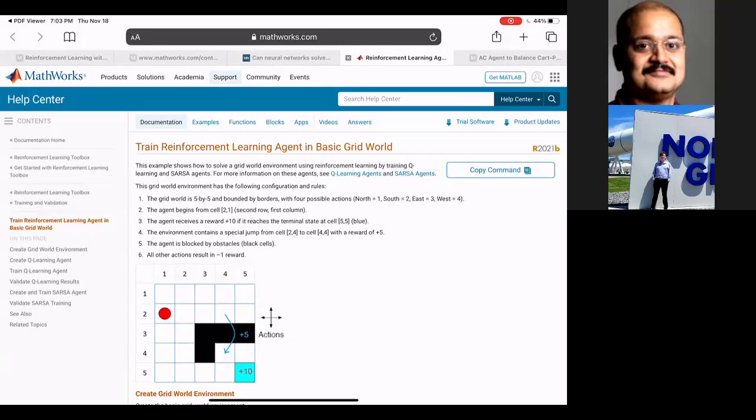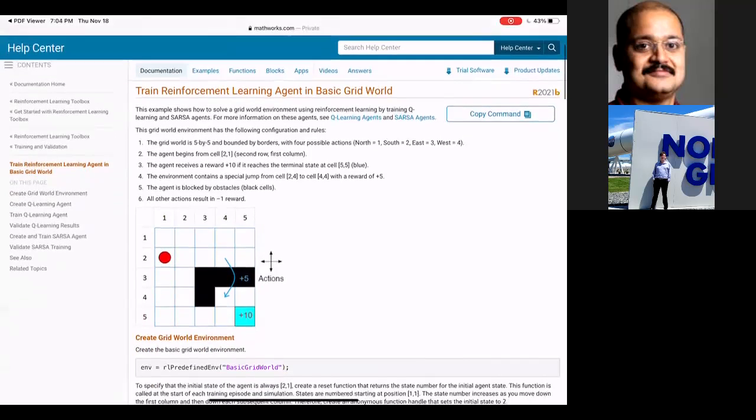The agent has to begin in the 2nd row, 1st column, and then it has to reach the reward. But you are going to allow one jump for that ball from the square shown in the figure. Only one jump is allowed. Otherwise, that black region is completely blocked. So you have the obstacle, and you want to design the most optimal policy using reinforcement learning so that the ball can go to the desired location.